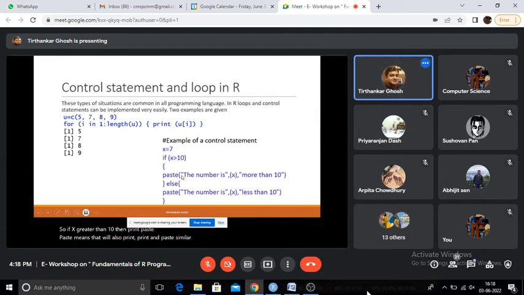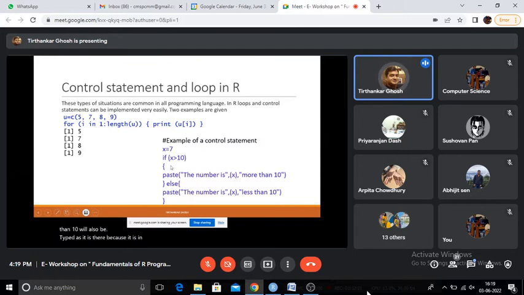So whatever we write within double quotes, it actually copies onto the output. So the number is, comma, and x, it will take the value 7 here. If the value is, let's say, 11, then the output is: the number is 11, more than 10. So "more than 10" will also be typed as it is because it is in double quotes.